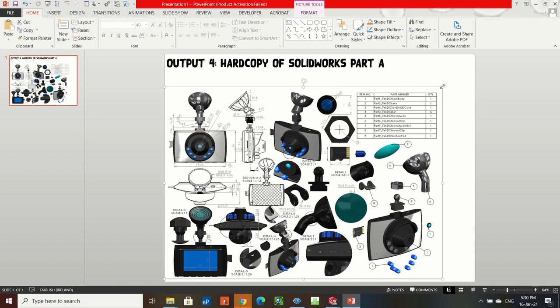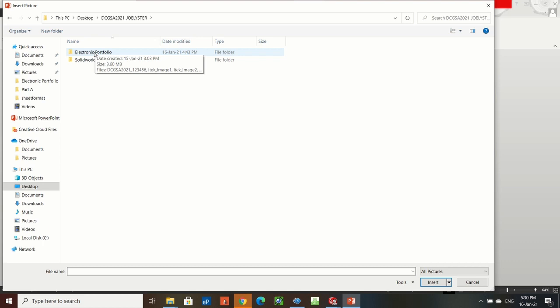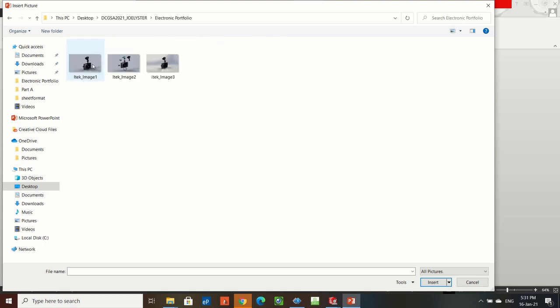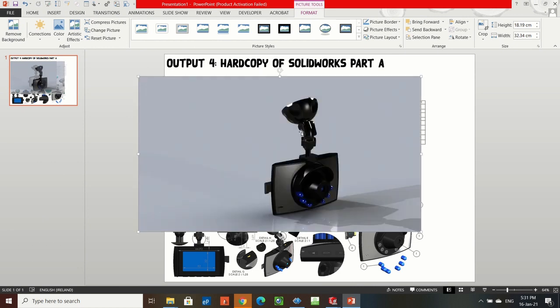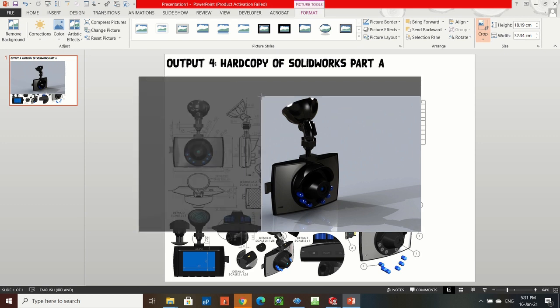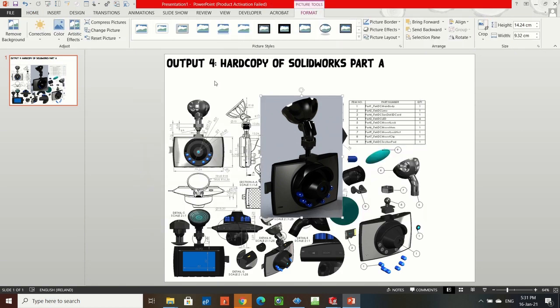So what I want to do now is insert a picture. So I'm going to insert picture, and that will be here, and that's where I've saved the images. And I'm going to insert the first image here. Okay, and you see, nice clean image. I'm going to crop out the background first here, like so, and then I am going to do the same on the other side. And then I'm going to click on the picture again, go to format,